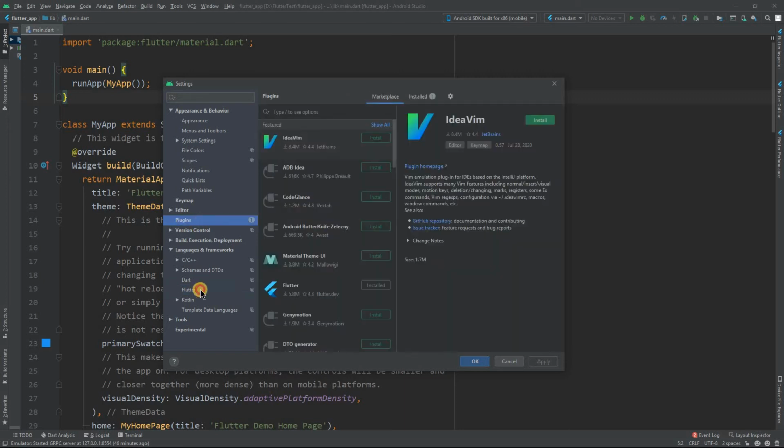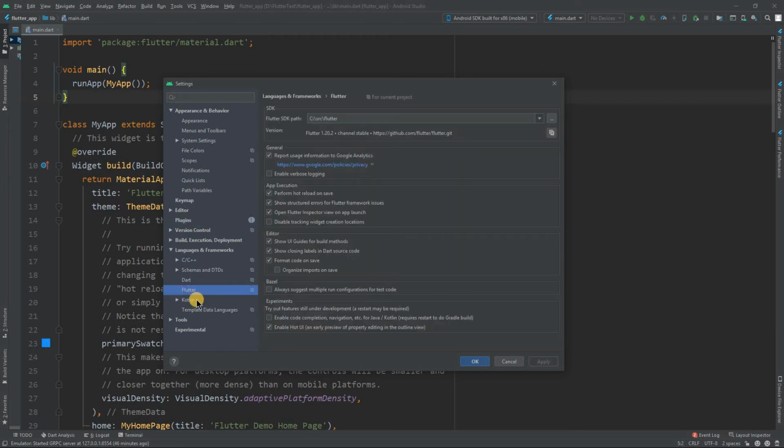By going here you can find this option, which should be ticked, because when we develop and save some code, it will automatically reload on our device. So we will see that, but it should be ticked in your Android Studio preferences.